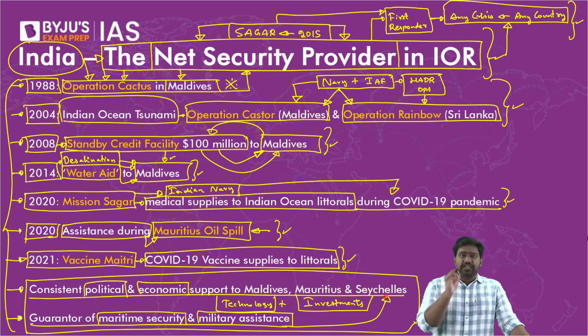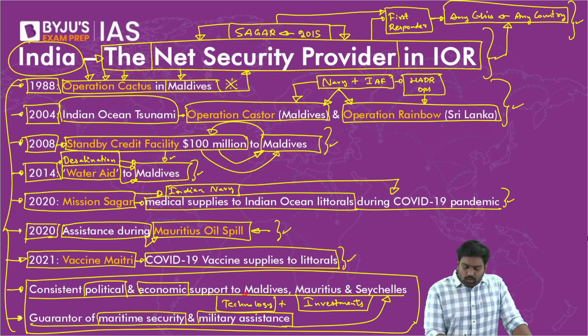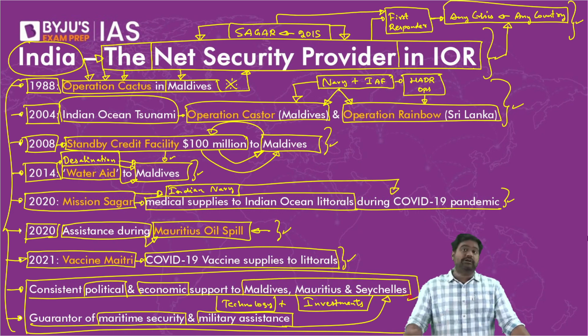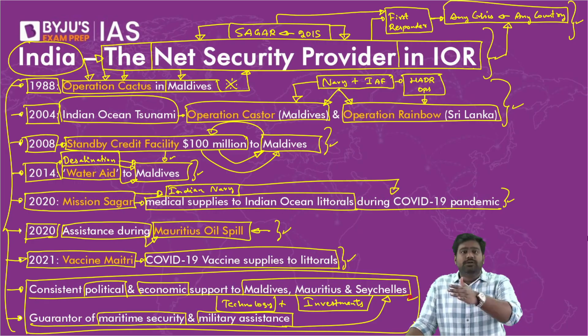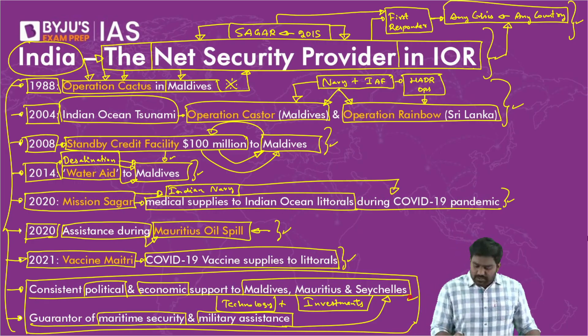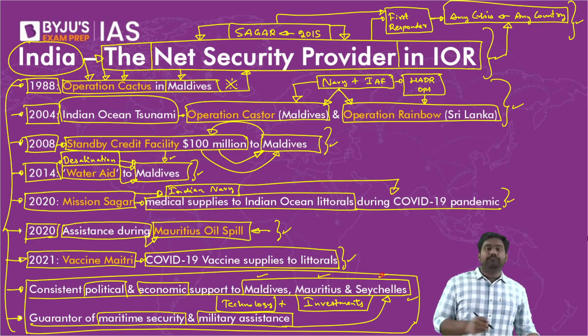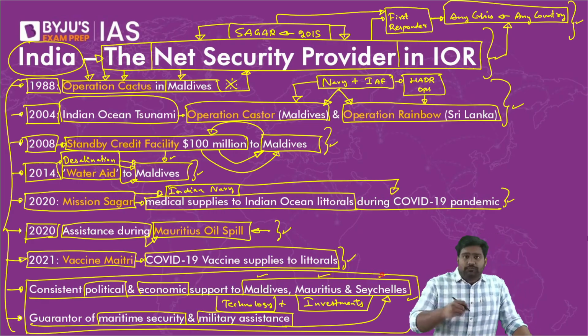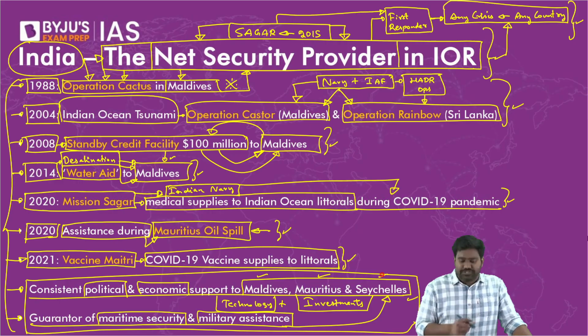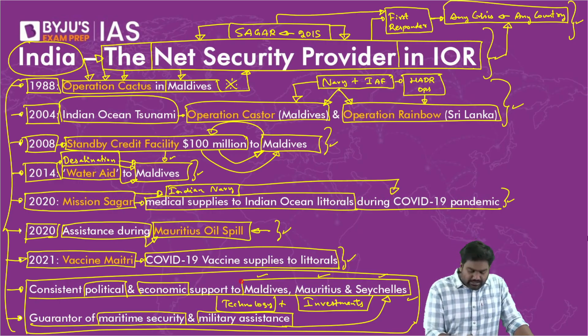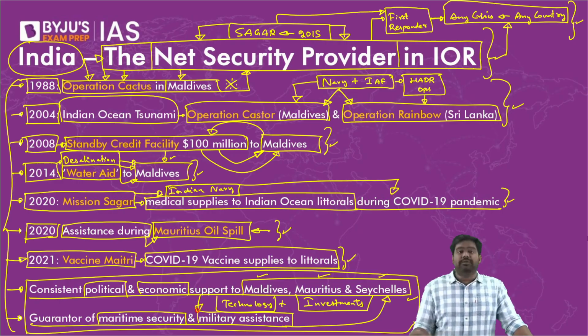We actually have very, very close defense strategic ties with all these Indian Ocean countries, including Sri Lanka. We conduct frequent maritime exercises with them. We have supplied military equipment. We have gifted aircrafts, helicopters, and even naval vessels to some of these countries. All right. We are responsible for patrolling their exclusive economic zones, as these are very small island nations, right? They have very limited armed forces. They can't defend and protect their own exclusive economic zone.